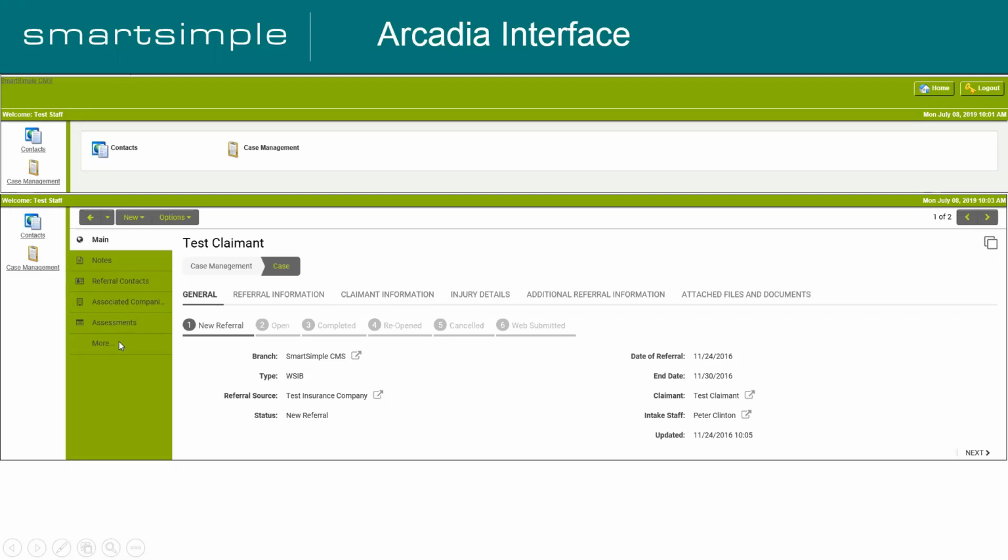If there are any additional tabs, they'll be found under the More option. So you get a new left navigation on the case where you have all those items that are currently in the top to bottom scrolling available on the left side for easy access. And you get to see all the other information as in the tabbed view. Okay, so that's what you get when you switch over to Arcadia without making any changes or designing any portal.